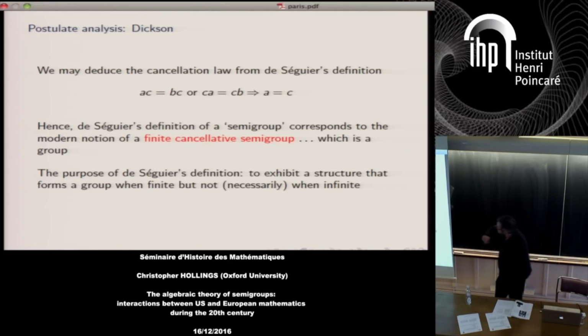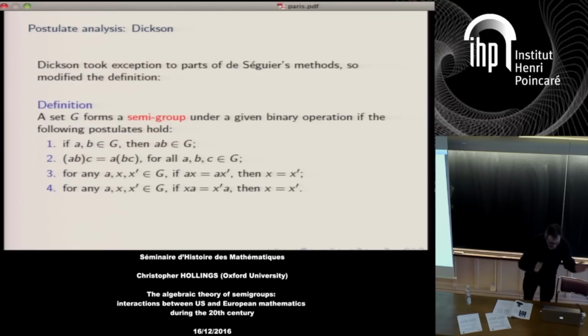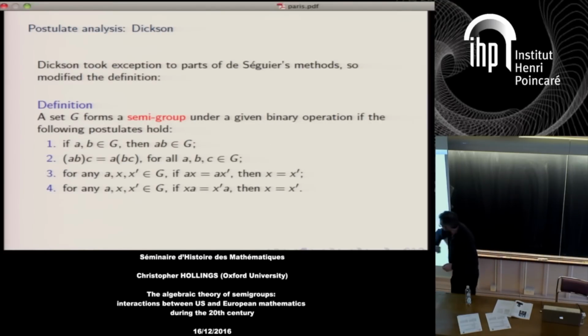Okay, but Dickson objected to some of de Segier's reasoning here. There's some complications with the idea that he had this generating set; where exactly were the elements coming from in the arguments that de Segier gave? So Dickson proposed that we just throw away de Segier's definition and give this definition for a semigroup. He introduced a hyphen along the way, perhaps to emphasize the connection with groups. But he stuck closure in as a property, he has associativity, and then he has the two cancellation conditions. And this is the notion of semigroup that you still see cropping up much later on.